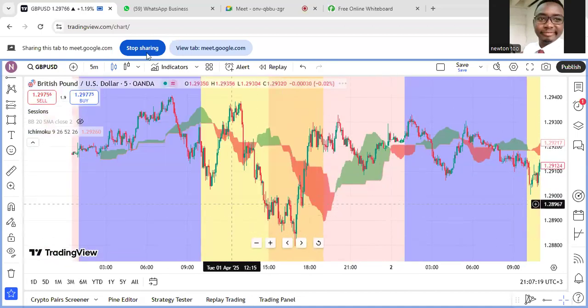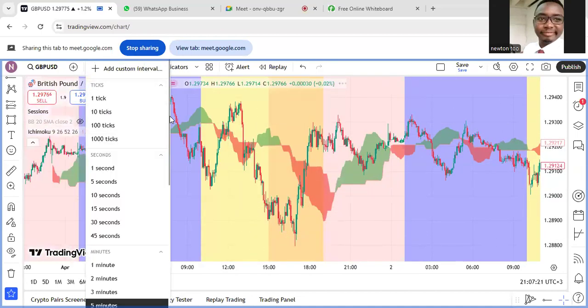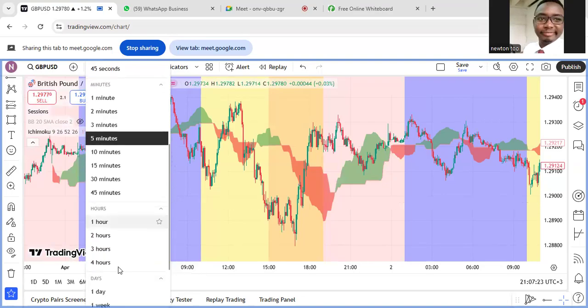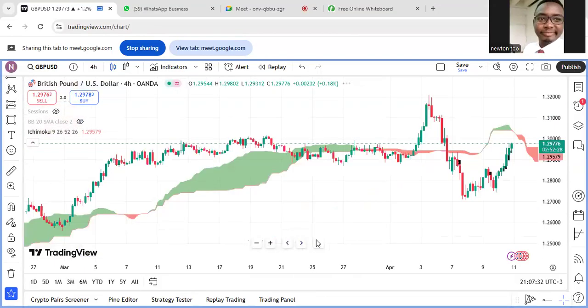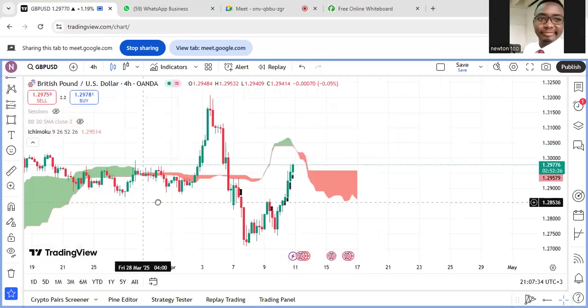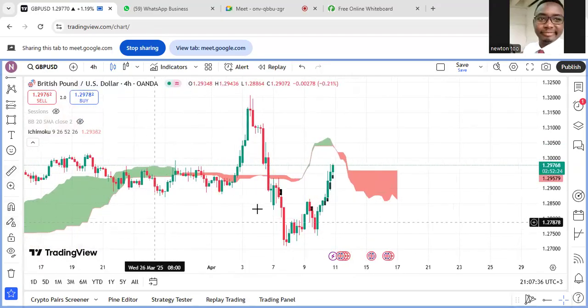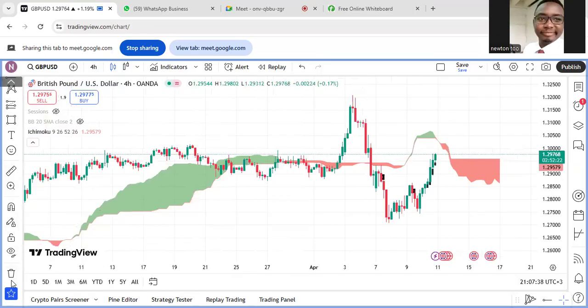Let me set on my H4 time frame here. This one is my H4 time frame, you can see. So what I can wait for tomorrow here. Actually tomorrow I'm going to be waiting for a very strong sell. The reason why I'm telling you I'm waiting for the strong sell tomorrow is because you can see